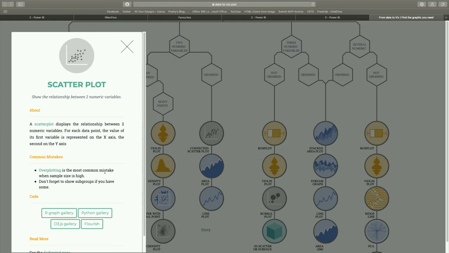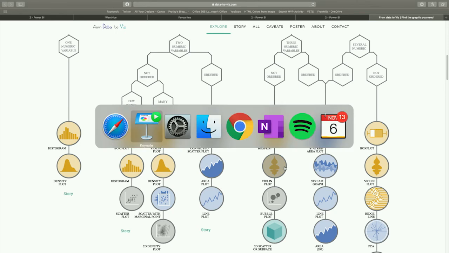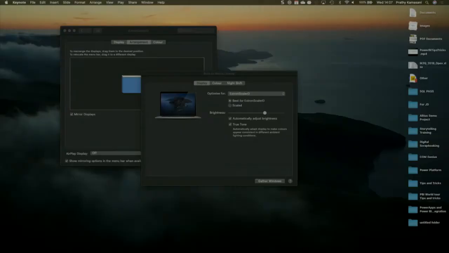So when you're using the visualization based on your data, for example, if you look at the scatter plot, if you put too much plotting, you can't group it. So things like that, this resource is really, really good to understand what visuals to choose and what mistakes you could make. The other resource that I would totally recommend is